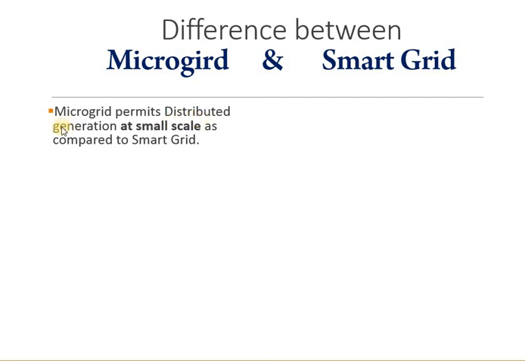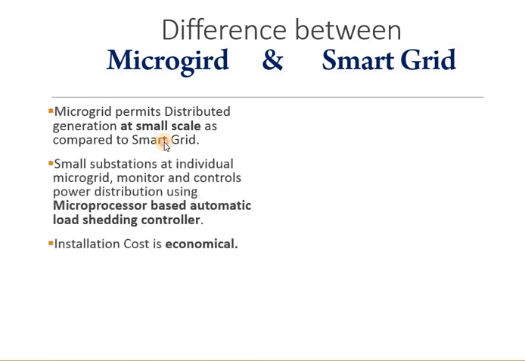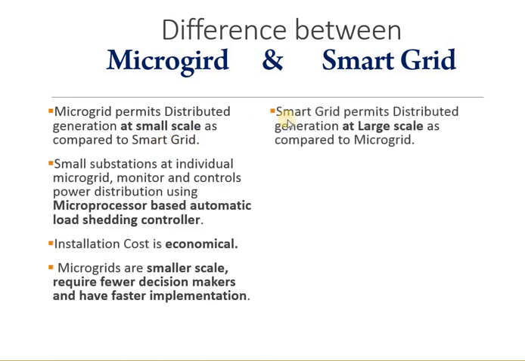Microgrid permits distributed generation at small scale as compared to smart grid. And here we are able to see that smart grid permits distributed generation at large scale as compared to microgrid. A small substation at an individual microgrid monitors and controls power generation using microprocessor-based automatic load shedding control, whereas in